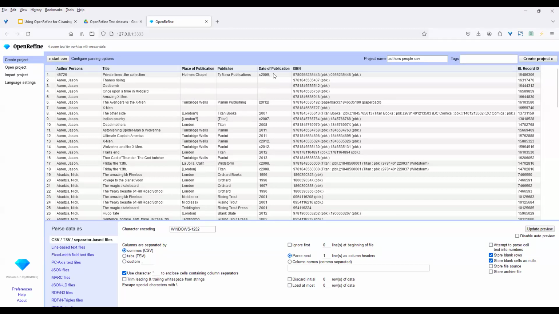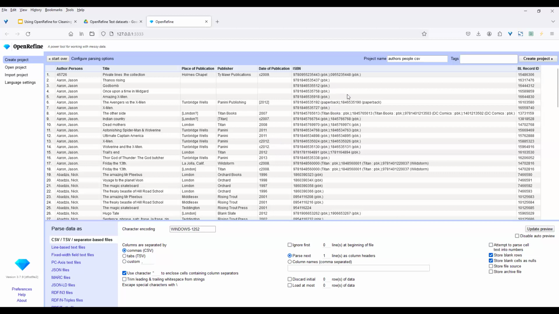If you go to date of publication, again, you have C 2009 period. Now you have brackets under 2012. Now you have a quote unquote normal number. Now you have back to copyright 2007. So you see that this suggests that when you go in to change it, you'll have to first get rid of all the C's. So that'll be a first step. Then you'll have to go through and get rid of all the brackets as a second step. Then you'll have to go through a third time and get rid of the periods, assuming that you don't want the periods. So these are sorts of things that just looking at this data set that you have to do